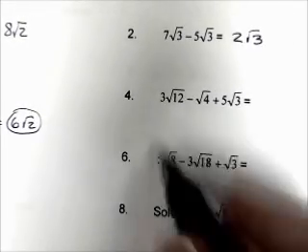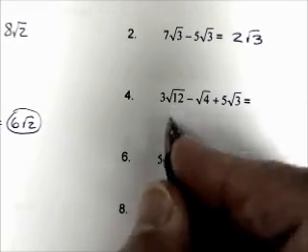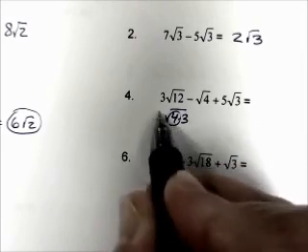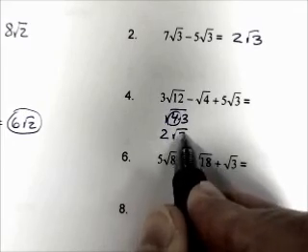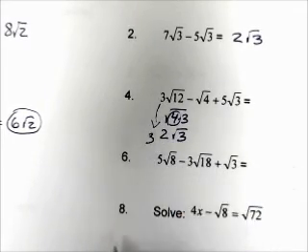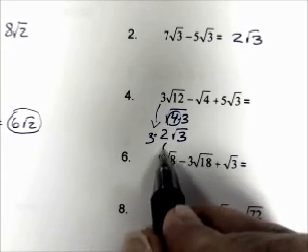Number 4. Simplify the square root of 12. 4 times 3. Square root of 4 is 2. 2 comes out. Square root of 3 remains, and the 3 out in front, that was 3 times the square root of 12. So now we have 3 times 2, which is 6. So 6 square root of 3